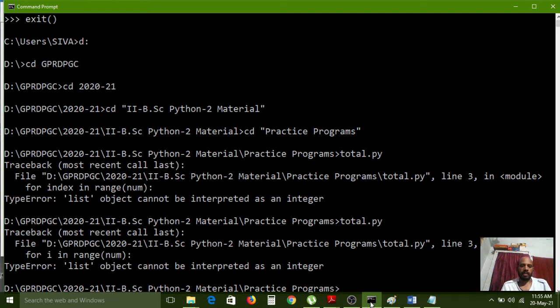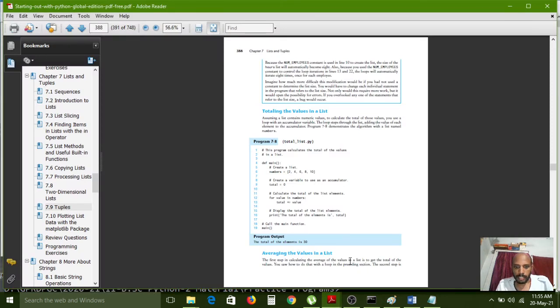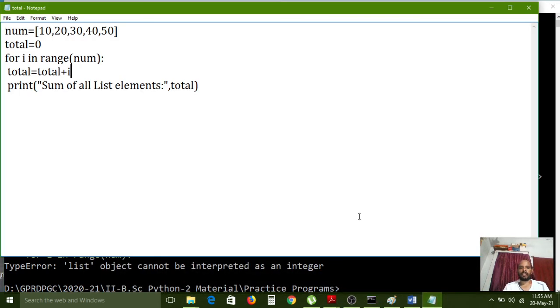Again, list object cannot be interpreted as an integer. For i in range of, so instead of using the range function here, we can simply use the num list name.